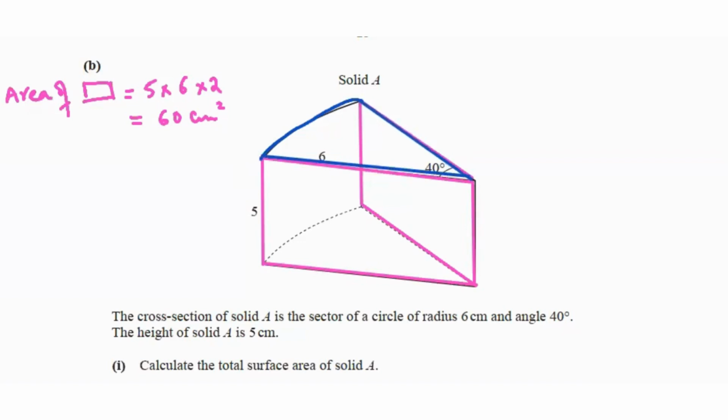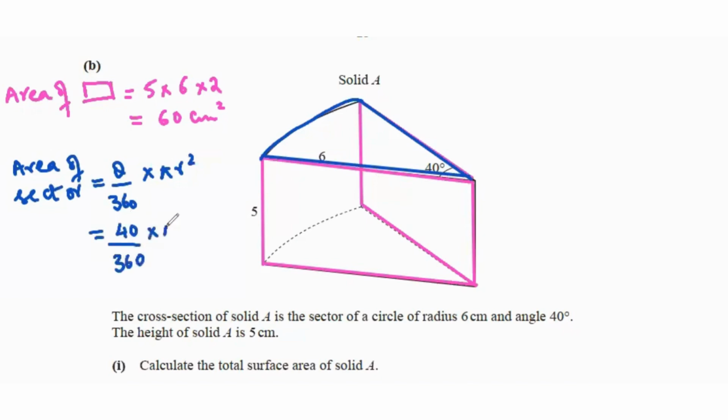For this sector, area of sector, we will do theta over 360 times pi r square, which is 40 over 360 times pi times 6 square, because 6 is the radius of this sector. So once we solve that, we will get